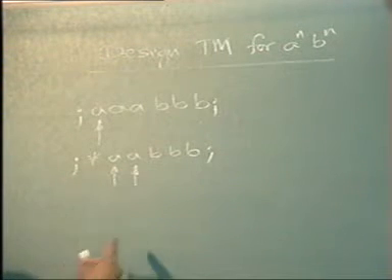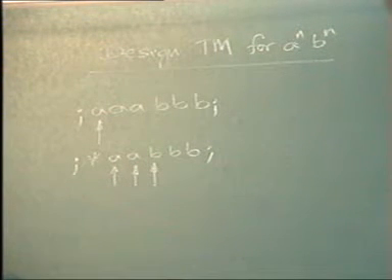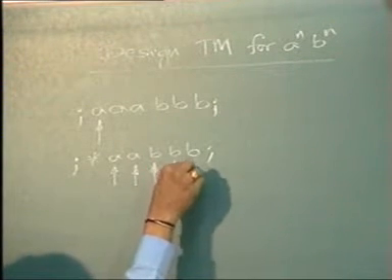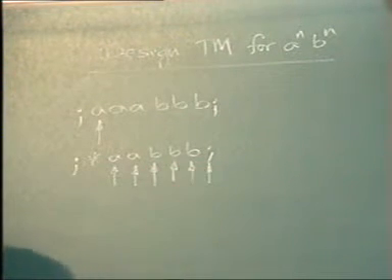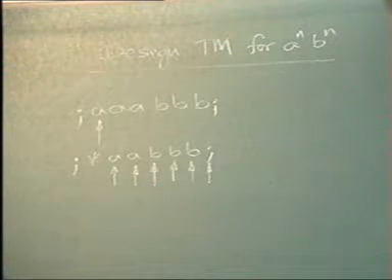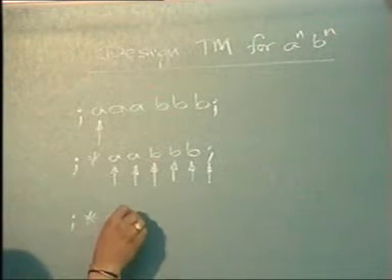Again read A, write A, move the head to the right by one position. Then read B, write B, move the head to the right, and I keep on moving to the right till I reach semicolon. The moment I read semicolon, I will write it back, and I know that there is no symbol after it. So I come towards left,